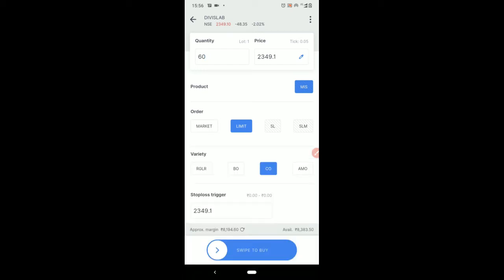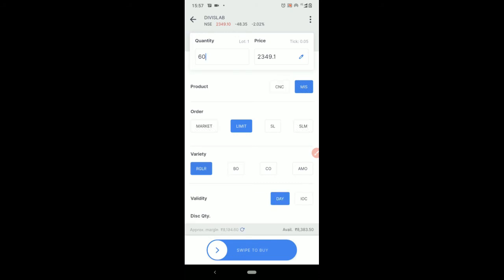So this is one thing. Here I have selected a cover order. If I need a bracket order, the same amount is needed. For both bracket order and cover order, we need a margin of 8,194 rupees.